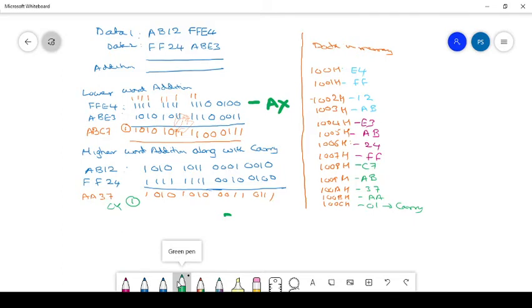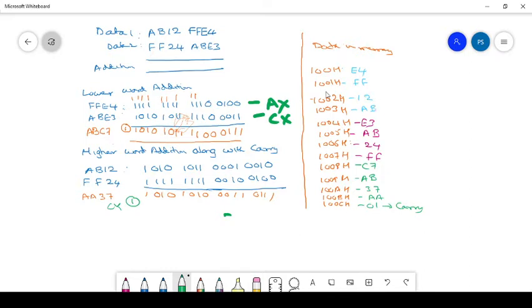And the higher word of this one is moved to BX. So this is CX. Now we are going to add the contents of both AX and CX by using ADD AX, CX. So we are getting this result, which is nothing but ABC7.